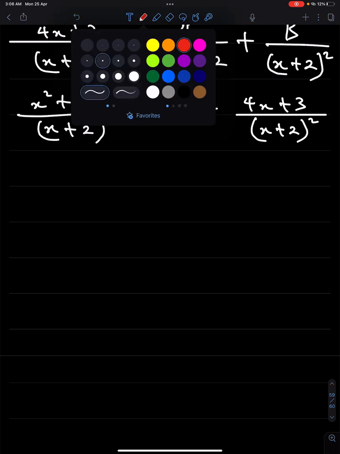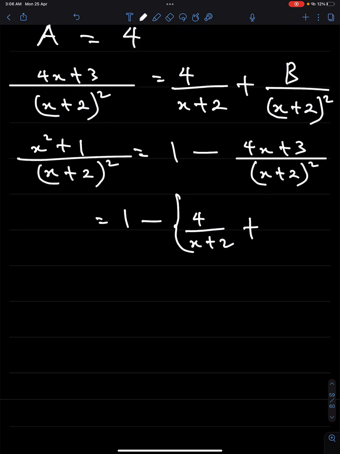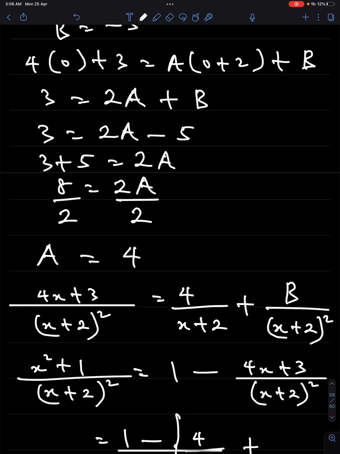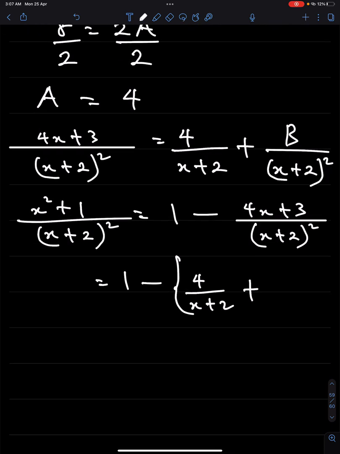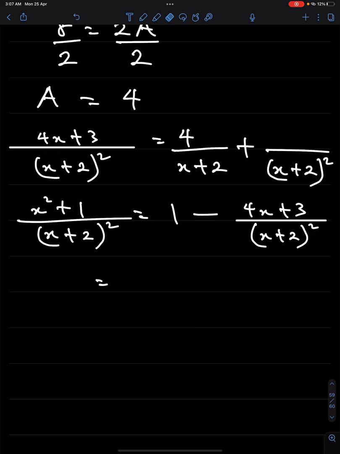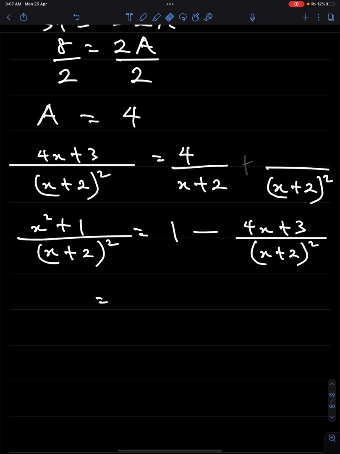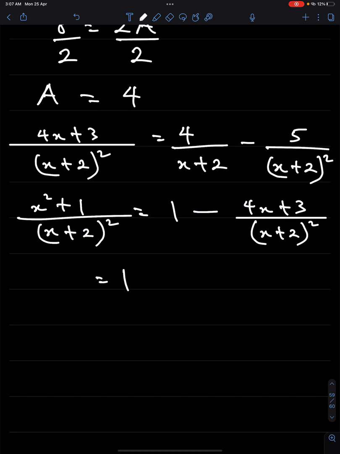So that means it is equal to 1 minus, let me open brackets that way, 4 over x plus 2. What's b? I didn't do the right thing here. I wrote plus b over x plus 2 squared instead of the value of b. b is minus 5, so plus minus 5 is going to be minus 5 over x plus 2 squared. Sorry about that. So now that simply means 1 minus